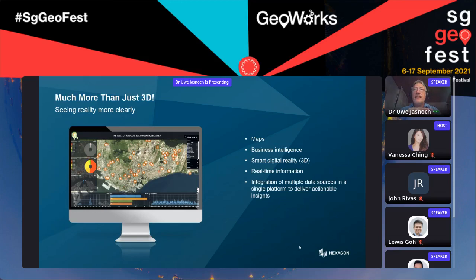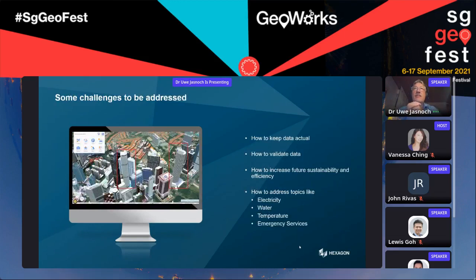together. Now, saying that, this is, so to say, the bright side of life, but all of those topics also have a kind of downside sometimes. And these downsides are challenges we need to address. One of the most important elements for each sandbox, for each digital twin, is what are the processes to keep data actual? It's really lovely to have this 3D sandbox as is, but we do need to establish all the procedures to keep